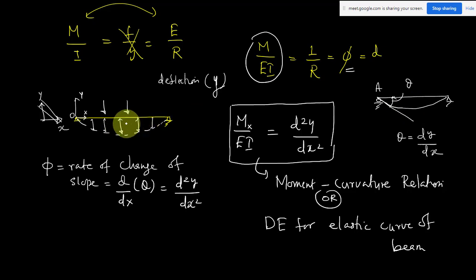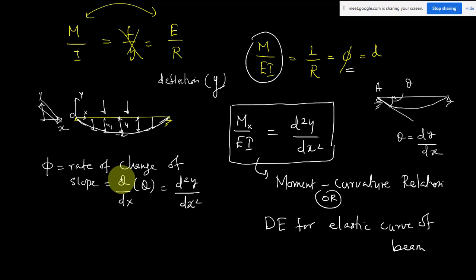If you know the deflection at each and every point, y1, y2, all these values, I can define this curve. Because I know y1, this point has moved from here to here, and this point has moved from here to here. So if you know the deflection y, it means I know where this elastic curve is coming. So I can draw the deflected shape of the beam, or the elastic curve of the beam.